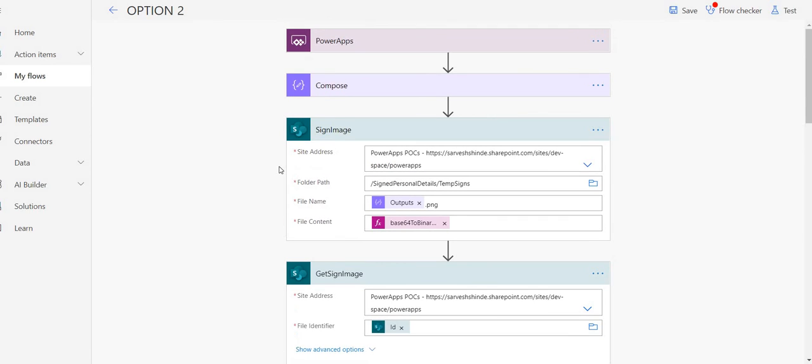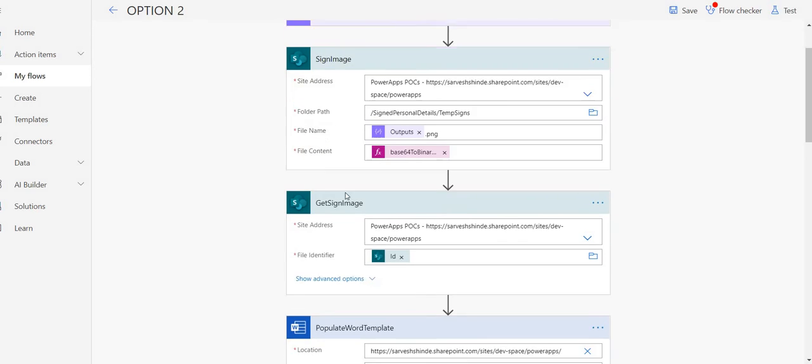What I'm doing here is saving this image. We are using the base64 to binary function and getting an image input from the Power Apps. We are saving this image into a SharePoint library. This is our library, and in this folder we are saving this image.